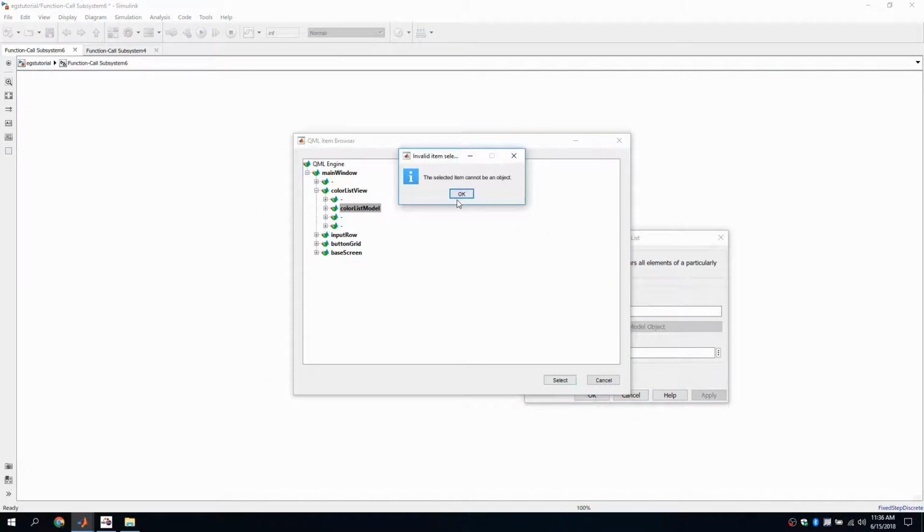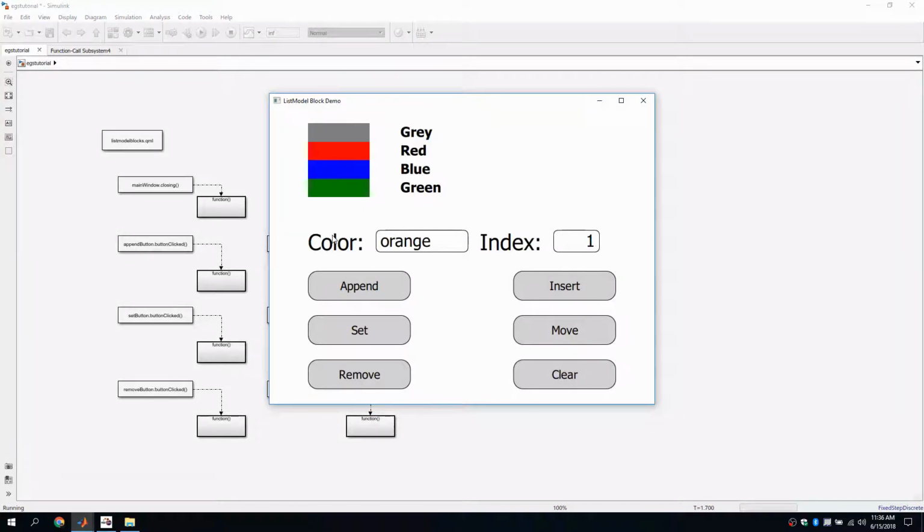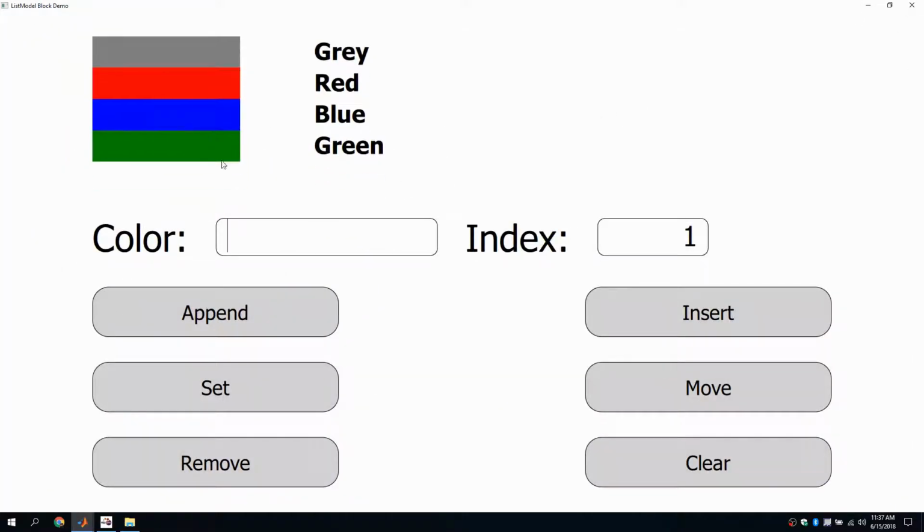Now we can run the co-simulation and see each list model block in operation. We have included the resulting model file on the link provided.